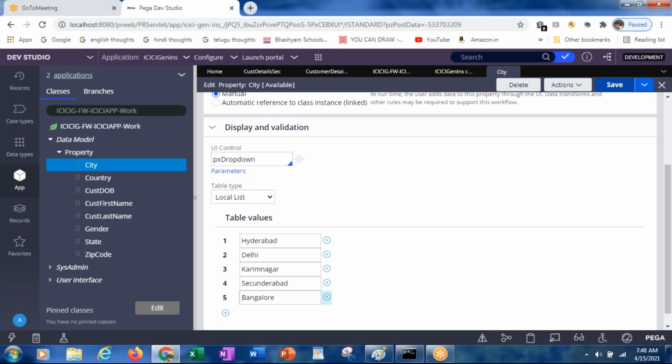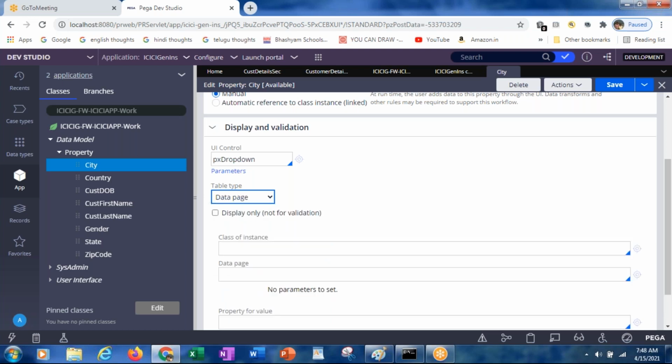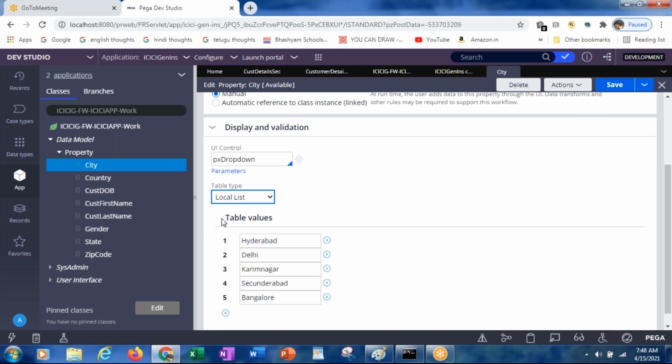So this is the option, local list, for entering manually. There are other options also, which we can discuss later. Something called database is there, which means we can retrieve it from an external database. As this is the beginning, I'm just going with the simple way. So like that we can add some more values into the city.